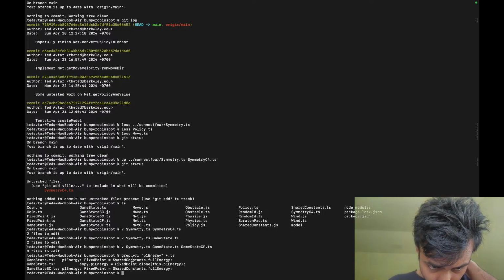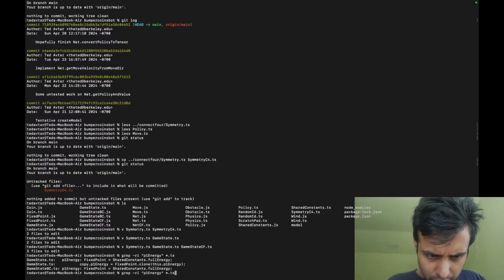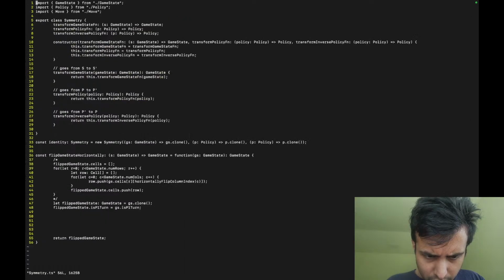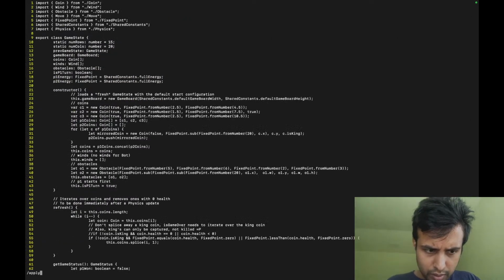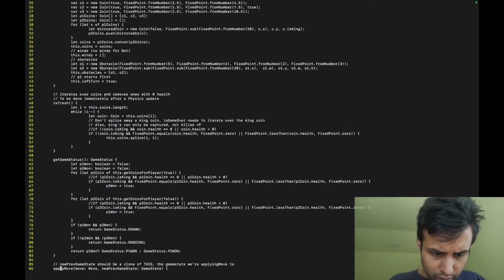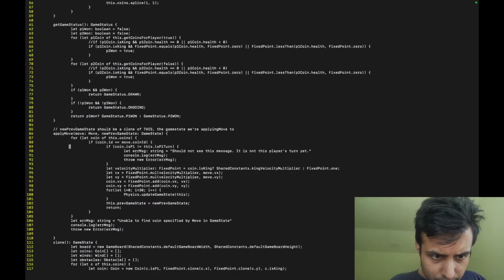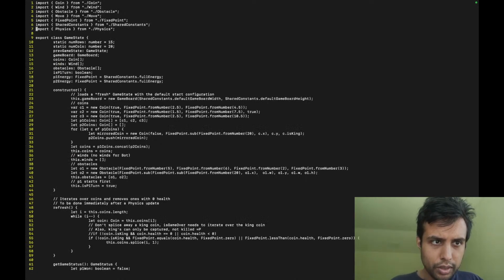Let me look at GameState's apply move again. Does this involve energy anywhere? No, it doesn't. Okay, let's just delete this energy stuff because the whole point of this turn-based abstraction